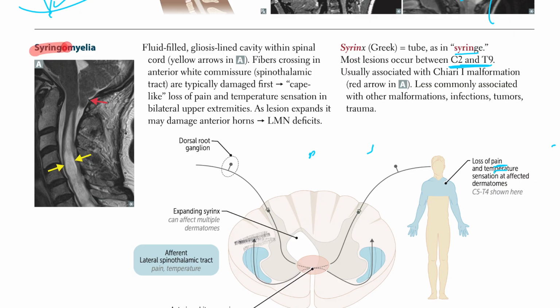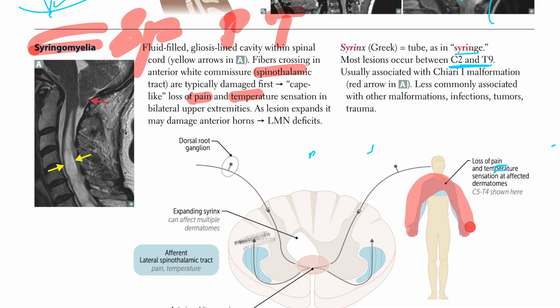Okay, so Syringomyelia, S for S, spinothalamic tract, pain, temperature, out, right? Simple. Spinothalamic, pain, temp, out. Second thing, you can mess up, and one high yield, cape-like distribution, especially with Chiari 1 malformation,